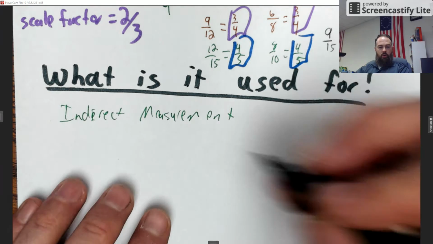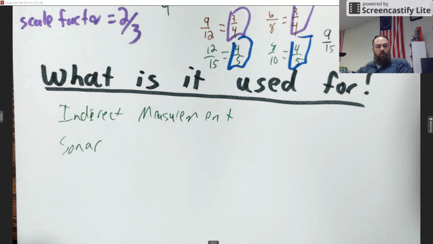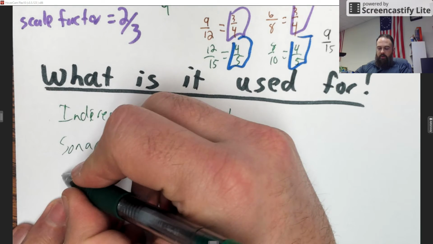We could also go with a sonar system. The basics of how a sonar system works are tied up in these different angles and ratios. Video game editing,